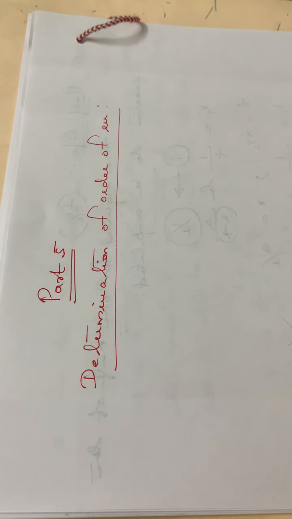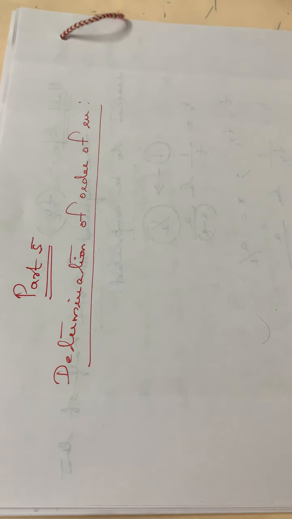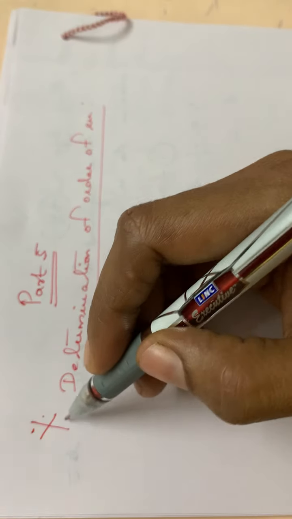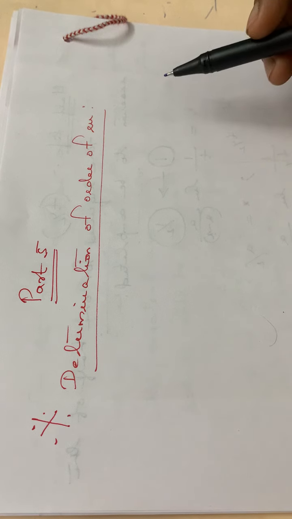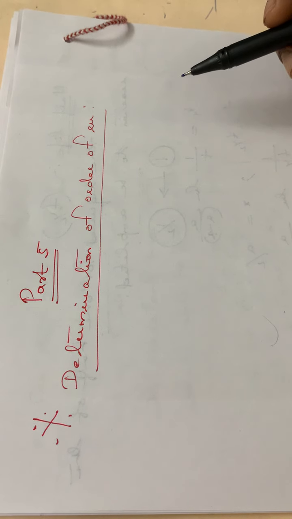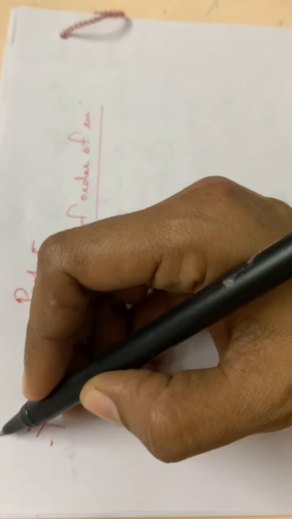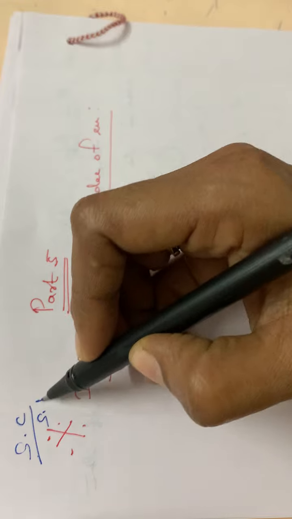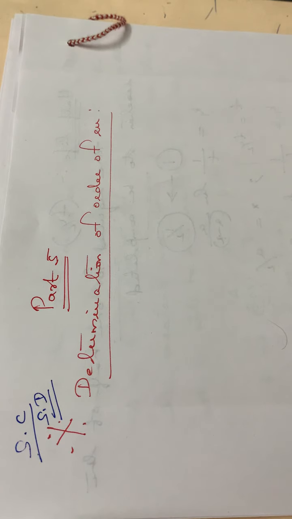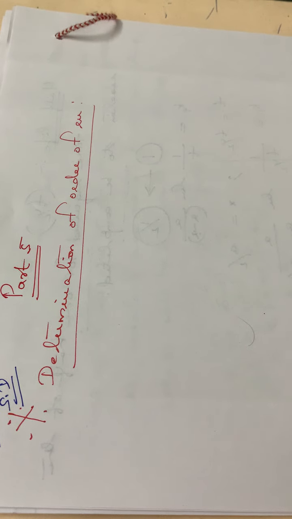We can move on to the next session, that is how to determine the order of a reaction. This is a very important topic. It is a sure question for your university examination. So you have to study this particular topic. Normally it will be asked in section C, but going through your question pattern, it can be in section D also. So please study it for an essay, be prepared for it as an essay.